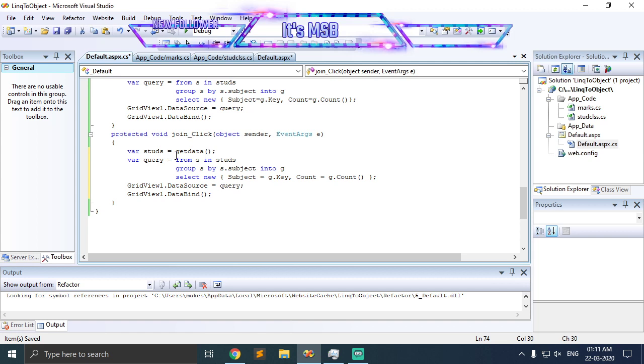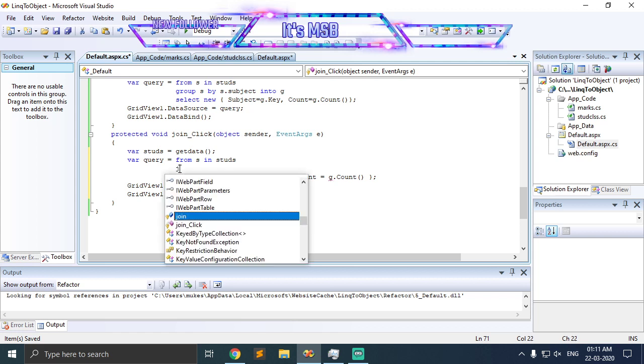So think of it as join. We are joining two tables that are in the classes that we have. So remove the group by line. So only write join